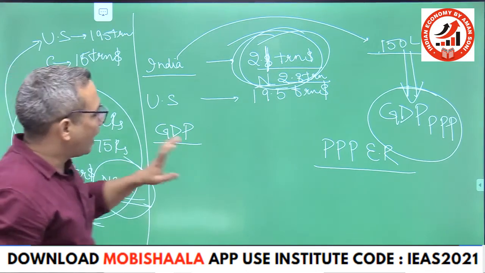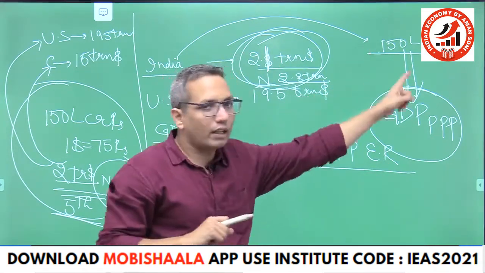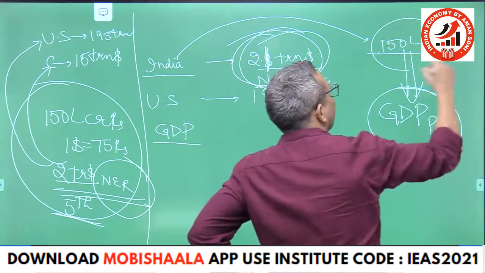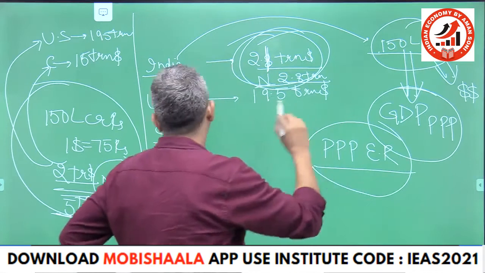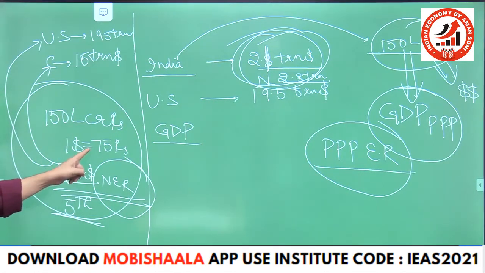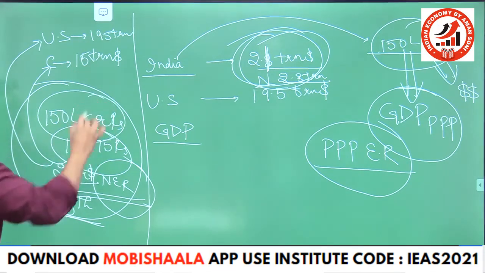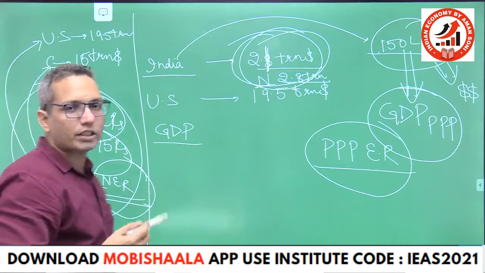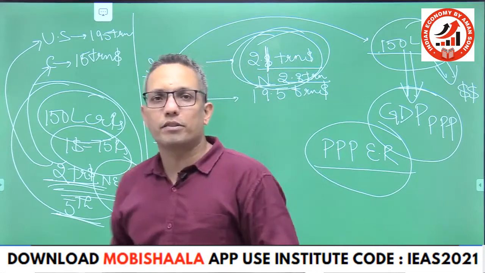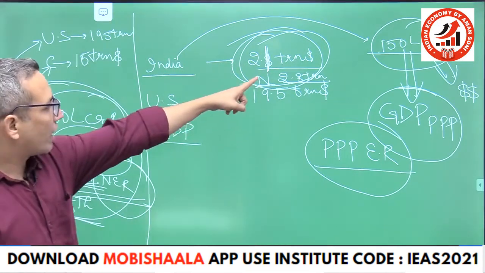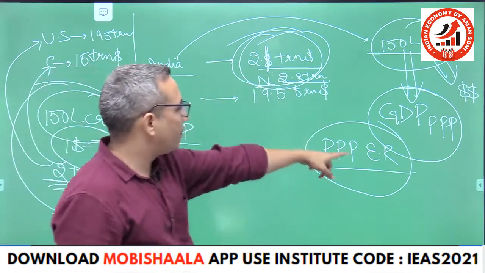Alright, and if we have to go by purchasing power exchange rate, then first we will take India's GDP and then to convert this into dollars, we will use PPP exchange rate and not the nominal exchange rate that we used here. This is the nominal exchange rate. So if we are converting India's GDP into GDP based on nominal exchange rate, we will have to divide India's GDP by the nominal exchange rate of dollar with rupees. And if we are converting India's GDP into GDP at PPP, in that case we have to divide it by PPP exchange rate.